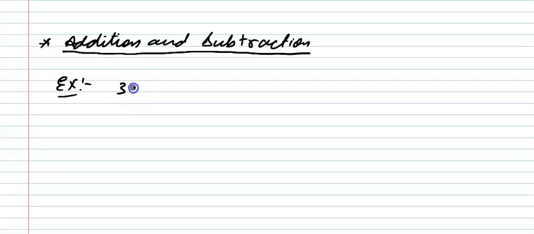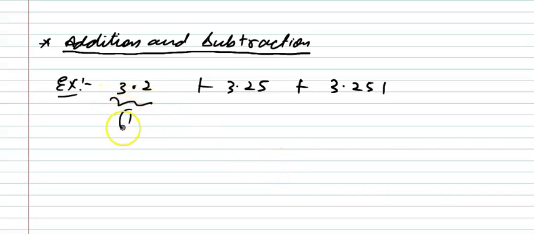If I am going to tell you to add 3.2 plus 3.25 plus 3.251, getting it? So look at over there. You have three numbers in the calculation, 1, 2 and 3, and someone asking you to add these. In this kind of calculation, you should focus on the least accurate number. So out of these three, which one is the least accurate?